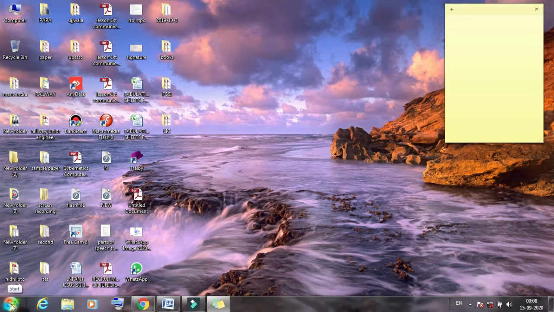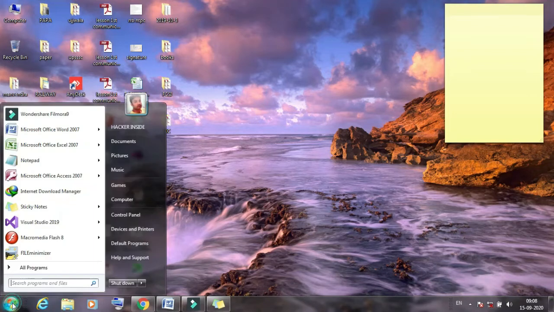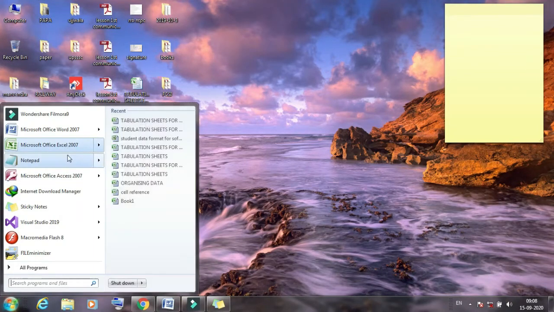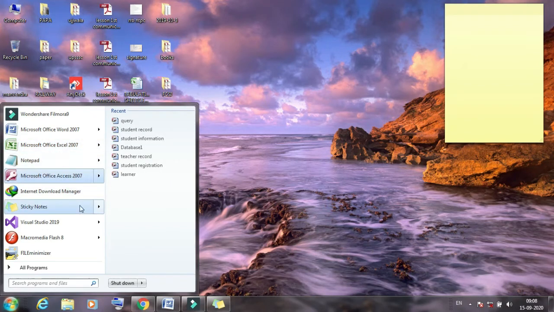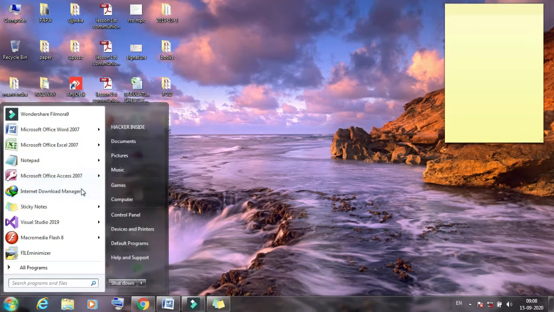What is the use of the start button? The start button opens the start menu when you click on it. When you click this start button, multiple files, folders and applications open. With the help of this window, you can open any application.